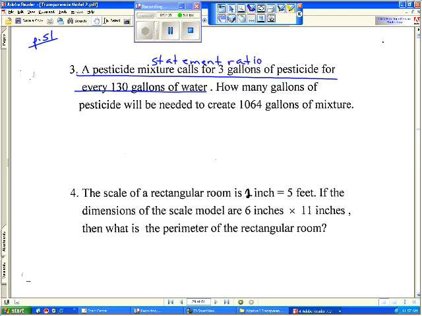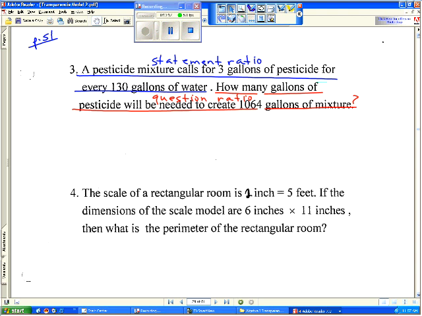But that's not the end of the story. It says how many gallons of pesticide would be needed to produce 1,064 gallons of mixture. That's a question, but it's also a comparison of 2 items, which means it's a ratio, a comparison between 2 items. It's a question ratio. Now from experience, I put an N. From experience, we know that we're not going to make characters in a word sentence here. From experience, we know that we're going to solve this one using a,